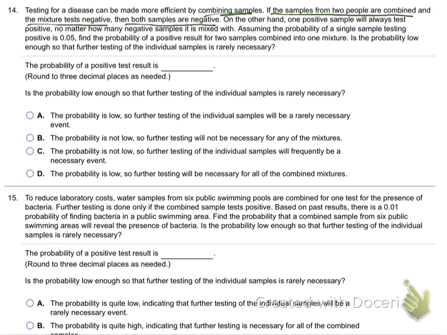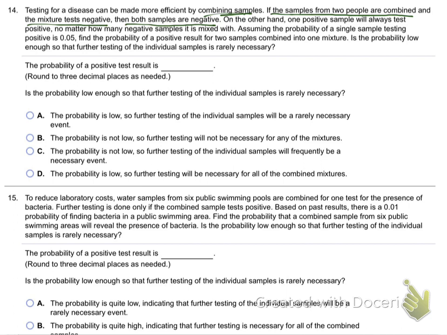Get the idea? So to save time, what they do is they'll take something that's rare, and they'll take the blood samples from like 10 people, in this case just 2 people. They'll throw them all in the same petri dish or whatever they're testing in the back room, and they'll test like 10 at once in a mixed up pool. And if it comes out negative, they know all of them were good. All 10 were negative. Nobody has a disease out of those 10. Now, if they pour it in and the mix comes out positive, that means 1 or maybe more than 1 of those are positive. But for things that are rare, that people don't usually have, they just save time because they don't want to do the test for each one individually.